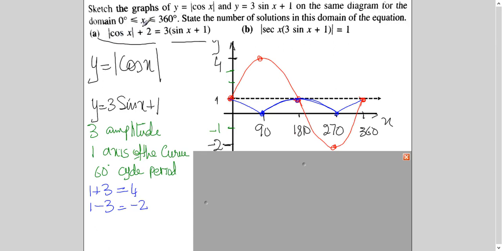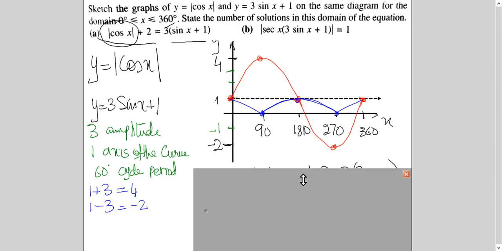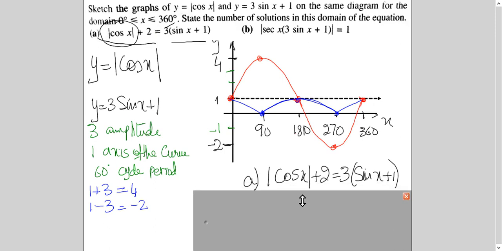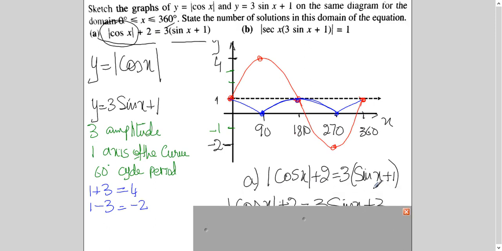But the point here is, did I sketch this curve? I didn't sketch this curve. I sketched only this part. And did I sketch this curve? Yes, I did. So what about this 2 here? Then what we will do, we will expand it like algebra. You can see here.